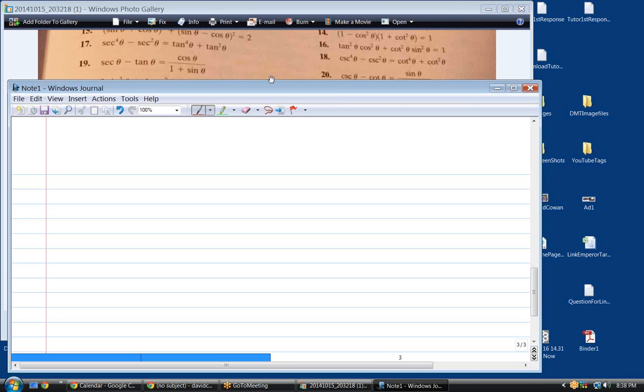What would you like to do? Would you like to just cancel the session? I don't mind doing it by phone if you want. In other words, these can probably be done by phone. If you have a pencil and paper, you can write down what I'm saying. Yeah, it still has you in the meeting, but it says offline. So let me close